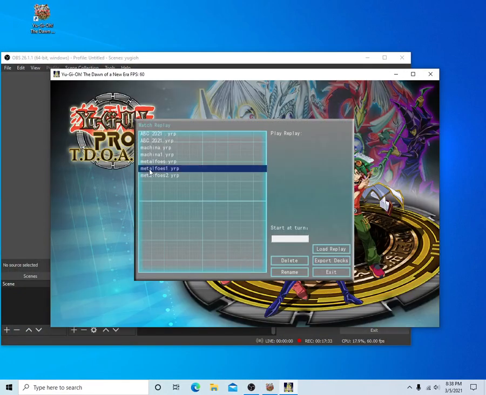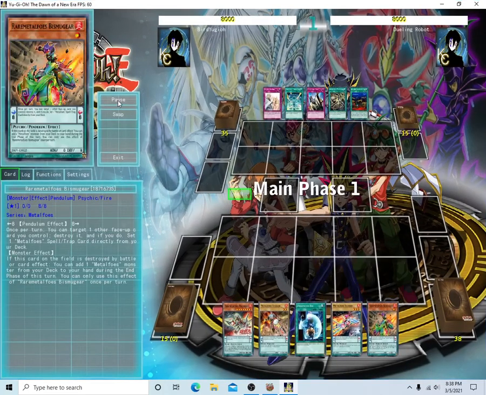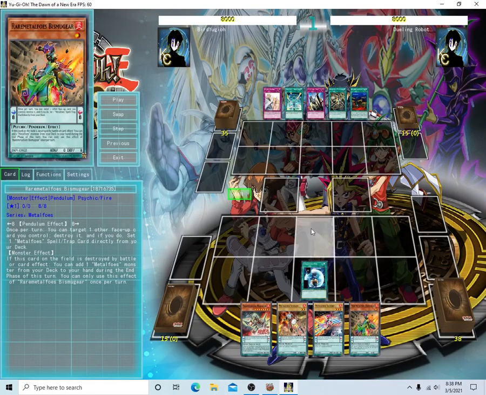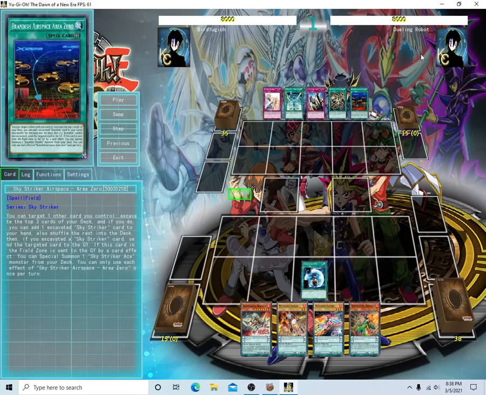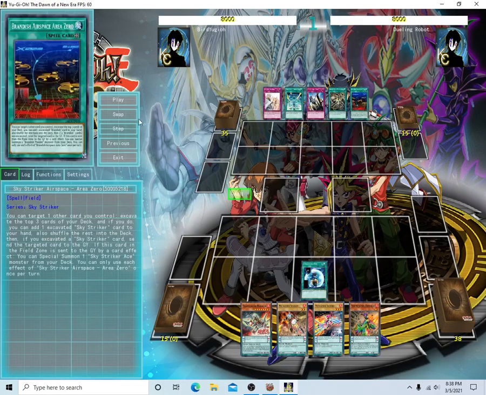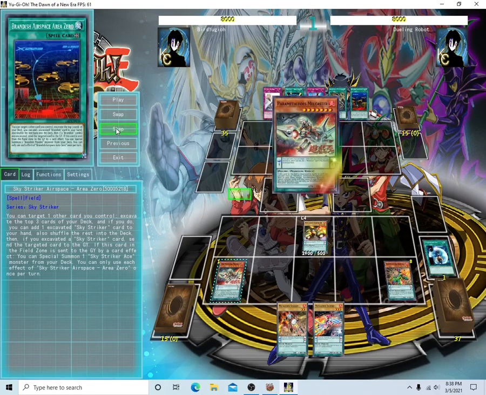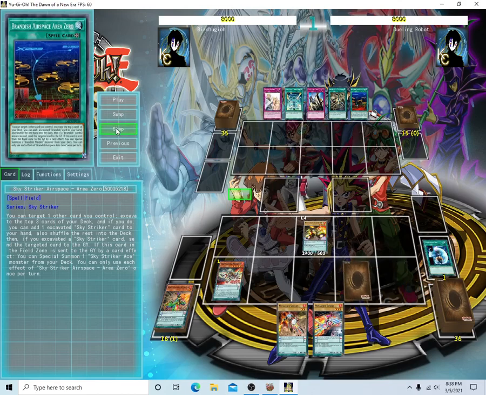So let's go to the second Metalfoes. Okay, and this one, I'm going first. And this is against a dueling robot. Sky Striker. So we're going to do Unexpected Die, get a free summon out, super nice, activate a couple of our scales,